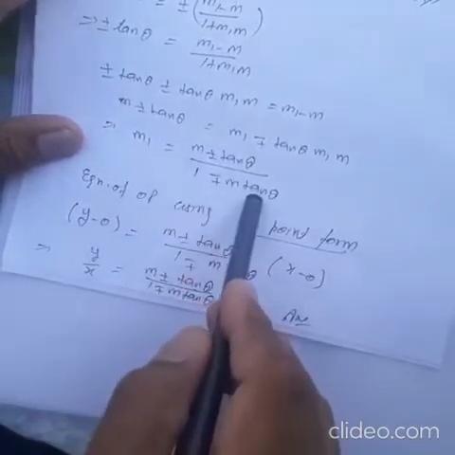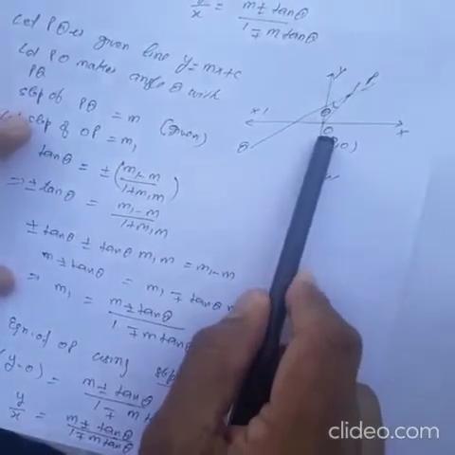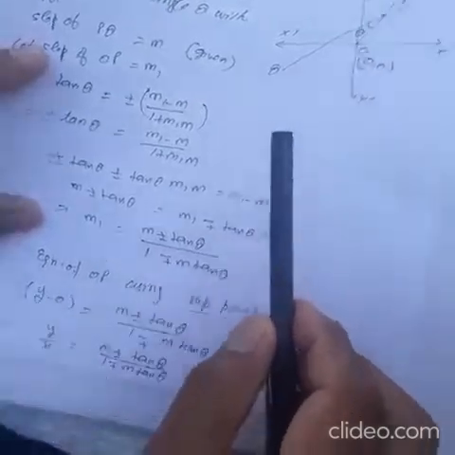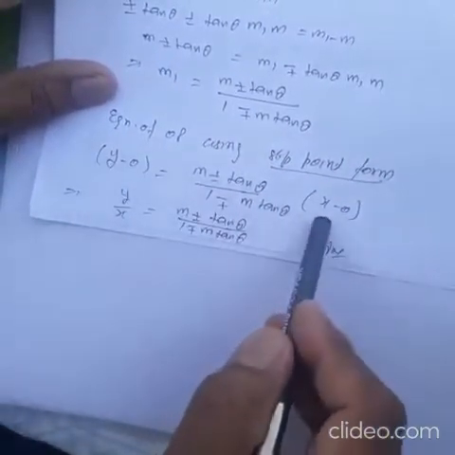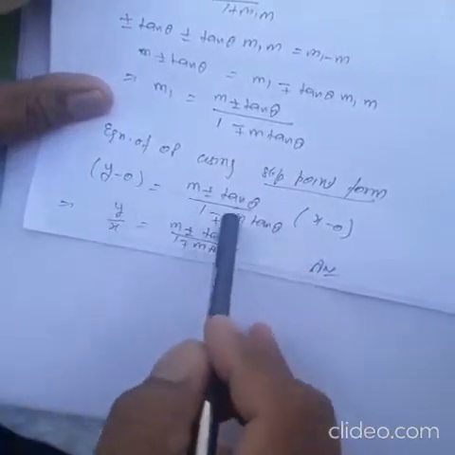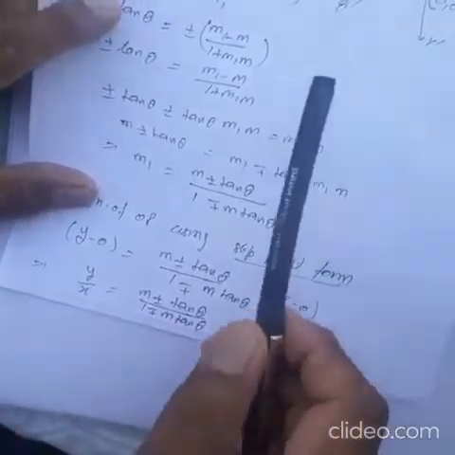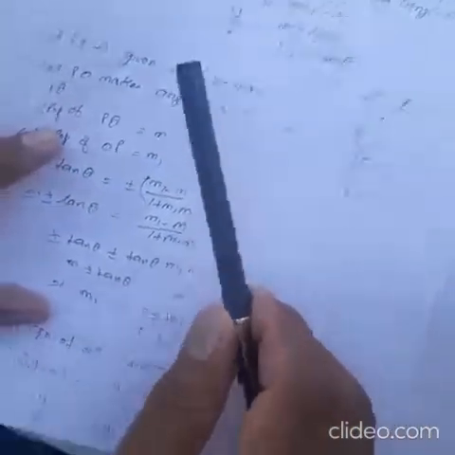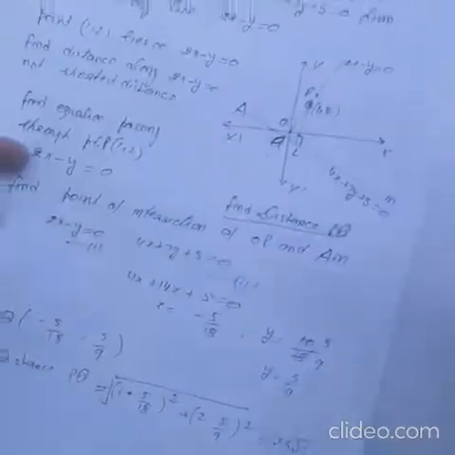Now this is the slope and the line is passing through the origin. So we have to use the point and slope form of the line, and using that formula find the equation, and you will get the required equation after simplification. Simply you have to shift this x to the left hand side, and this is the answer given in the same form. I hope it is clear to you all. Move on to the next question.